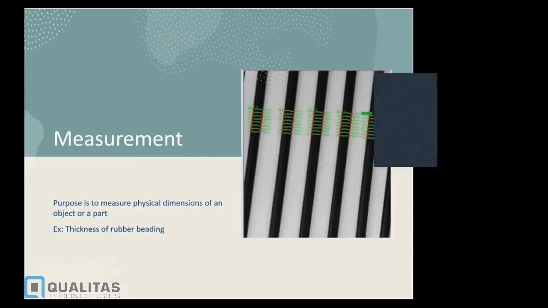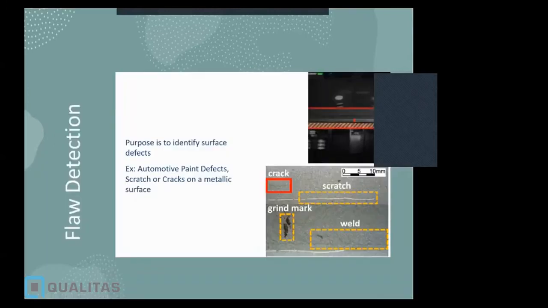Now, not to go too detailed into this, the calibration is a little more advanced than just a simple ratio. It is not a simple ratio that 3 pixels is 1 mm. You need a more complex calibration, which is spatially oriented. Okay, but again, measurement is to compute physical dimension. Okay, the third application you typically see is flaw detection, right? Now, what is flaw detection?